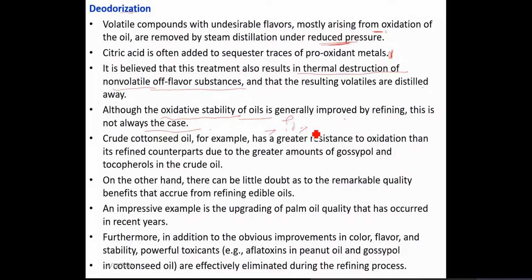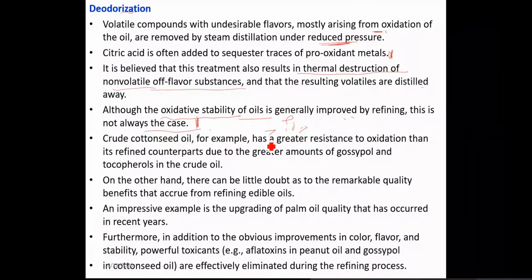Of course, it was more foaming because of the phospholipids and other emulsifiers that are present. But in terms of sensory, in terms of formation of free fatty acids, and in terms of oxidation, the natural oils are really, really good. That is why this statement is correct: we say that this refining process gives oxidative stability, but it's not always the case.